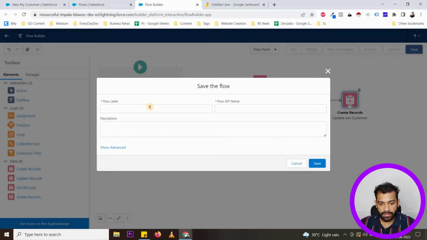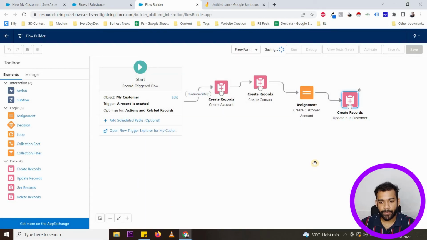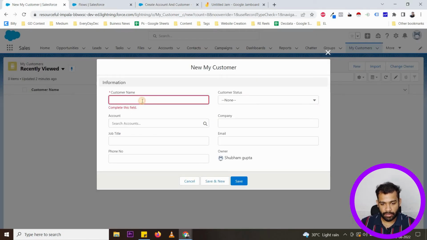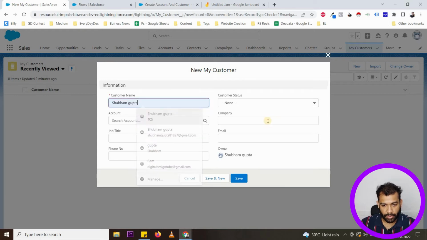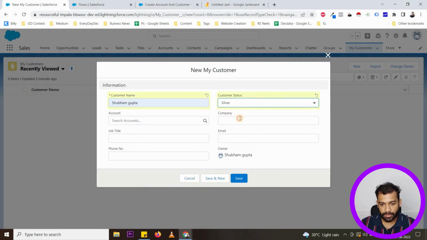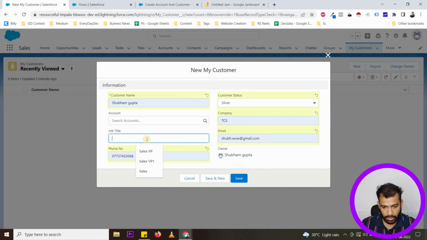Now we're going to save this account and customer. Okay, and save this. Okay, and before debugging that, activate, let's enter some details. Okay, Shubham, Silver, company TCS, job title, sales VP. Okay,